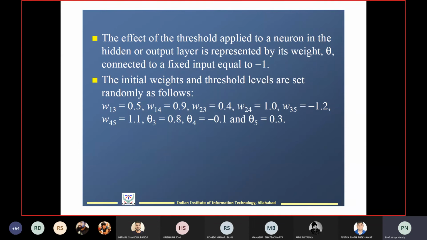Theta is connected to the particular input which is equal to -1, but this theta 3 you are going to choose 0.8, and theta 4 minus 0.20. I mean you can choose them randomly. There is no hard and fast rule that the values we have chosen here must be used, so you can take the same ones or any other values also. It is not necessarily true that if you choose bad values, your network cannot be trained. It takes time. Based on the initial values chosen, it takes time for the network to settle down, meaning updating these weights.